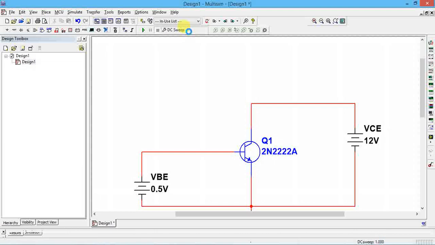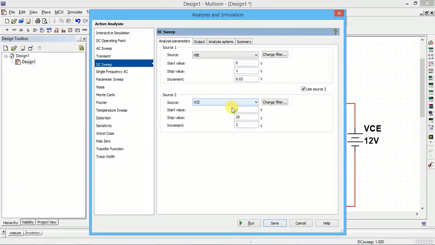So if you don't want that many readings, what you can do is, in the DC sweep, we have taken from 2 to 20 volts with a step of 2. Instead of that, I can change this to a step of 4. Let us take 4 volts now. Then 2 will come first, 2 plus 4 is how much? 6 volts. Next 10 volts, 14 volts, 18 volts, like that.